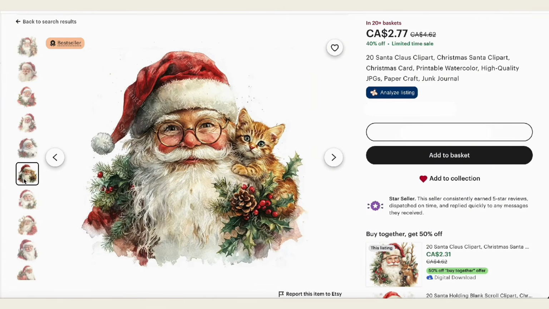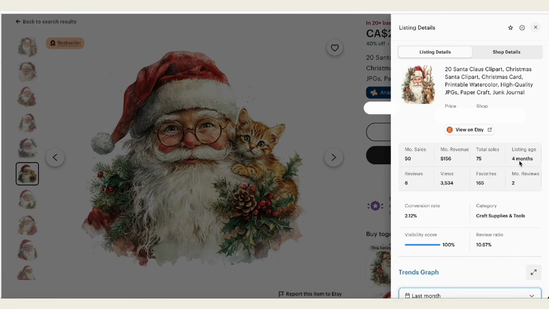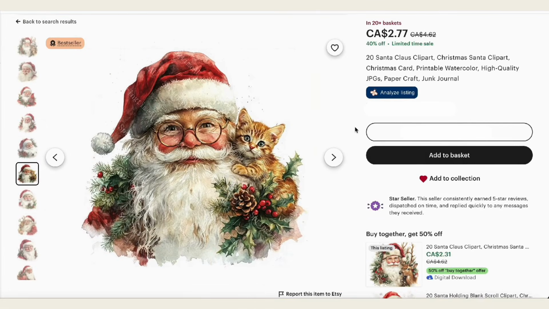So Santa Claus with an animal seems to be the theme here. And this is doing really well. It's in 20 plus baskets. It's only been up for 4 months and has sold 75 times already with a monthly revenue of $156. And one thing I wanted to point out, when you're selling clip art, a lot of times you'll want